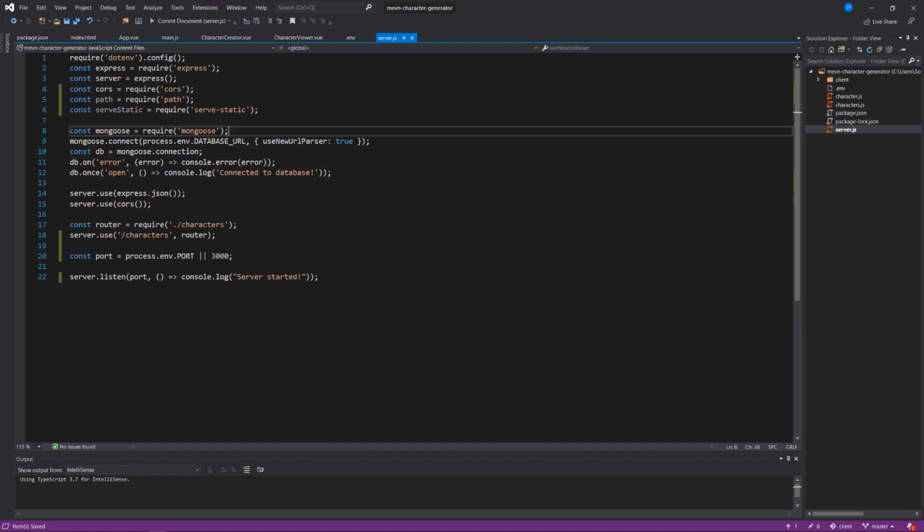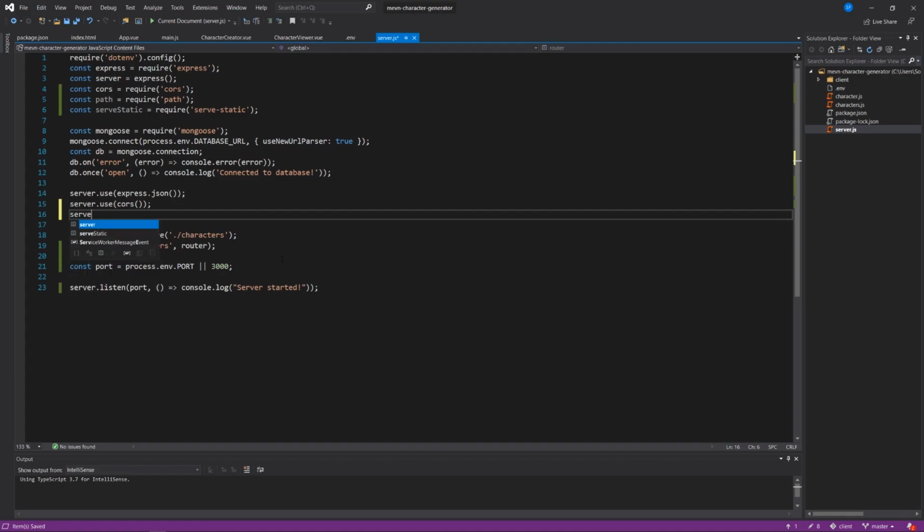And then the next block of code is everything that we need to use to get our database running using MongoDB, and Mongoose is our ODM for that. And then under our server.use, where we're using JSON and we're also using cors so that we can run our client and server in tandem and make API calls between them, we'll say server.use, and in parentheses serve static,